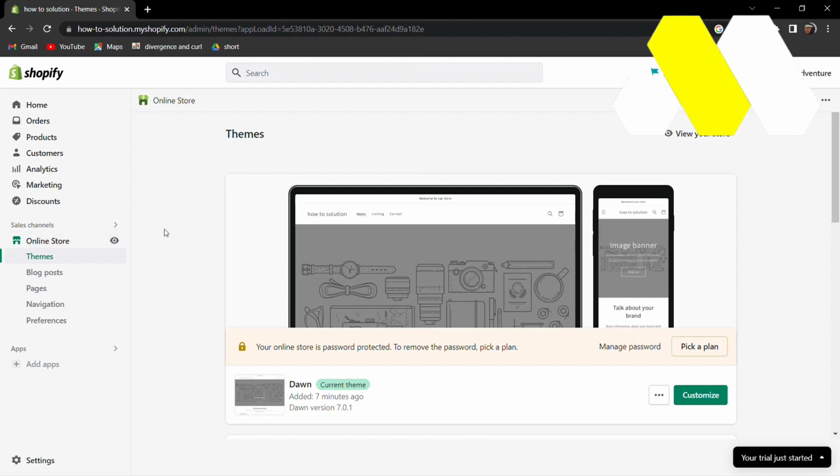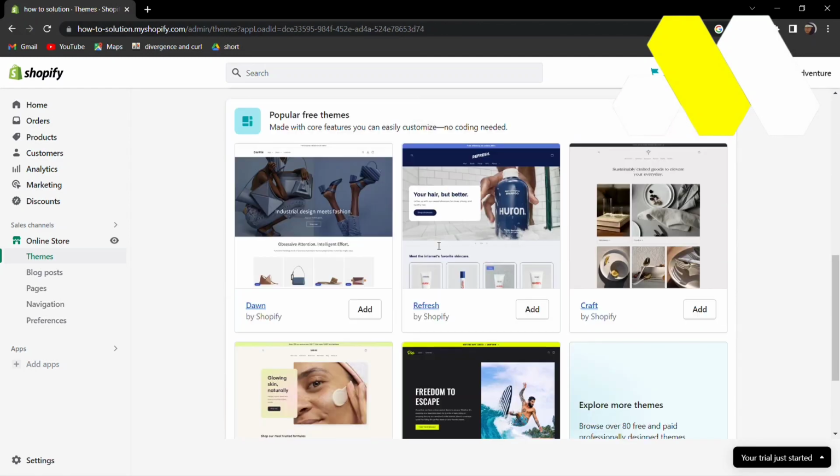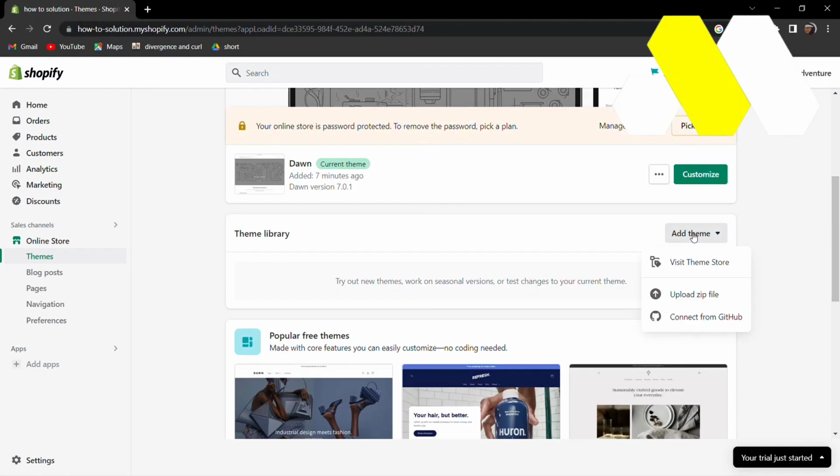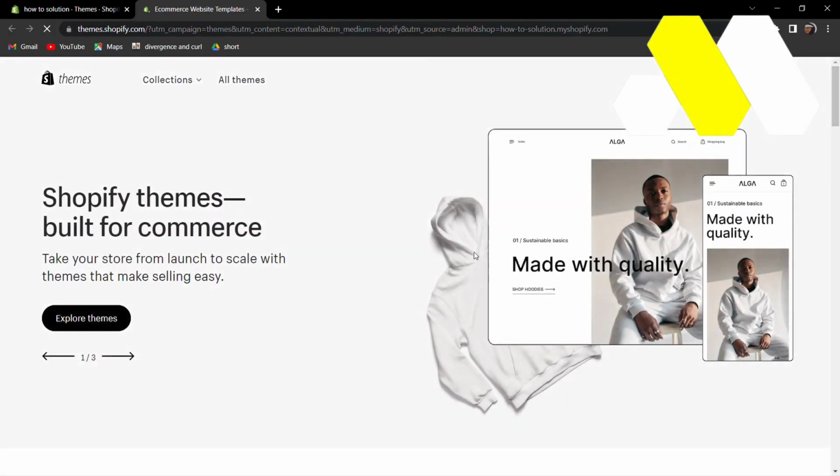In this video we're going to show you how you can change the Shopify store theme. At first click on online store and then click on themes. After that you have to scroll down until you find add theme and then click on visit theme store. After that click on explore themes